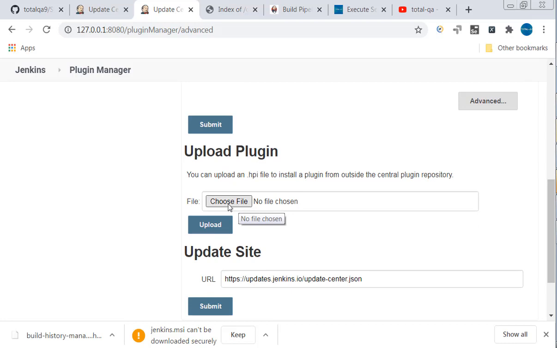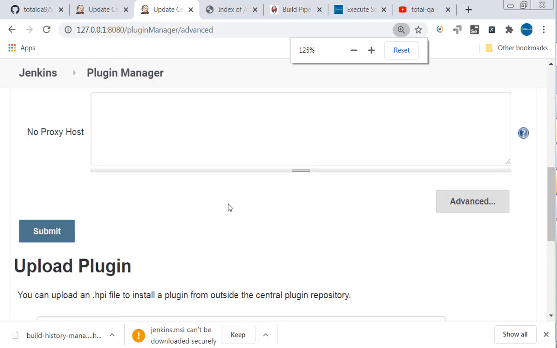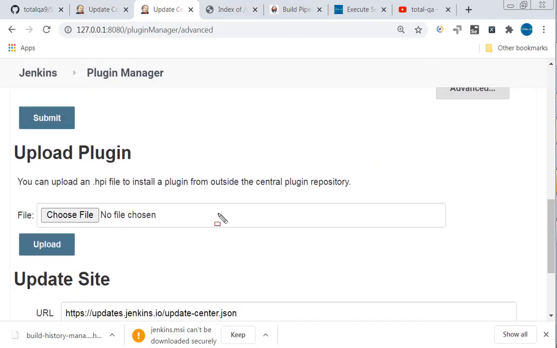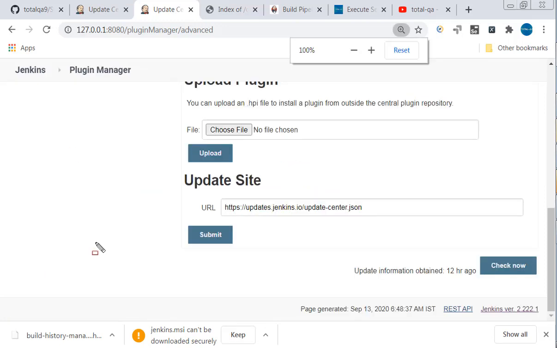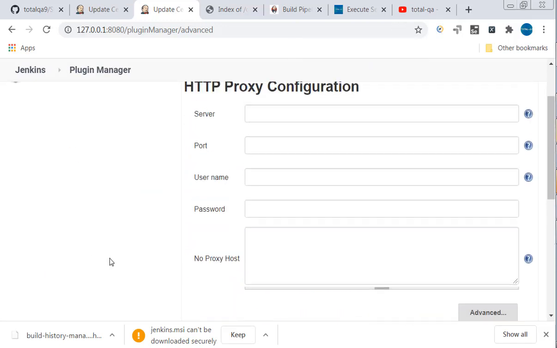That should be a HPI file. You can look at the extension here. It shows it is a HPI file. Okay, so this is how we download plugins on Jenkins to extend the features of Jenkins.